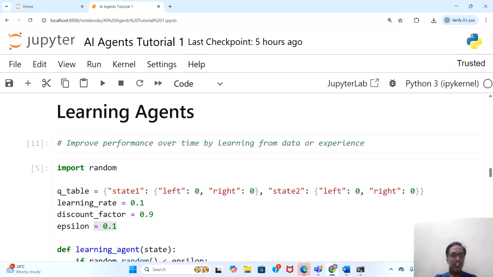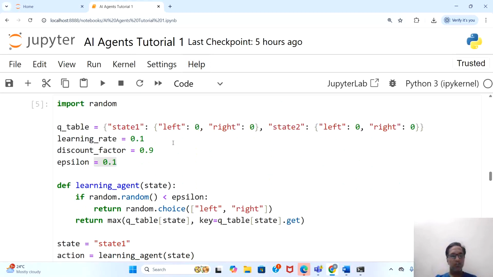Next one is the learning agent. Well, learning agents are the agents which are based upon reinforcement learning. As I told in the previous tutorial also, these agents capture the information from the environment as usual. Then they take an action based upon a decision, and if there is something wrong, they learn from it. Okay, so here we have a simple demonstration of it that is actually based upon Q learning